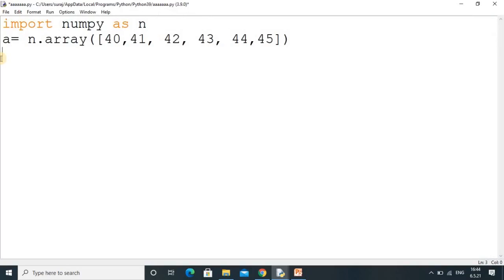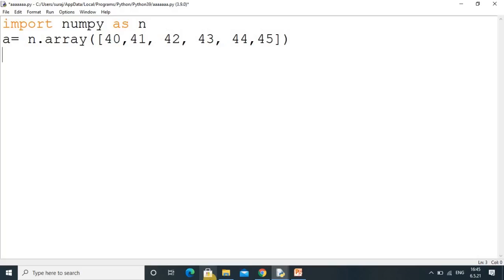Here I am in the Python editor and we have declared an array, and in this array we have some values, but we don't want all the values. We want specific values from the existing array. That is the filtering concept. So we will create a new array, and in that array we will take some values from the existing array. So we will use filtering here.